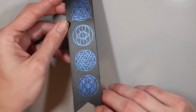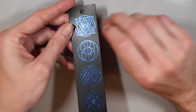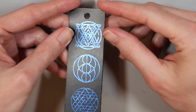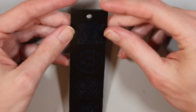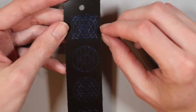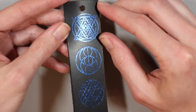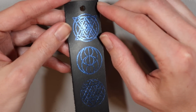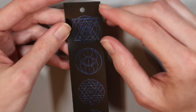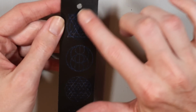I'm very impressed. There are a few spots on here, especially on this top image, maybe very hard to see on camera. Let me see if I can, yeah, that's as far as I'm going to be able to zoom in. There are a few spots that look a little worse for wear, or I'm not 100% sure what happened. I think those are areas that maybe the Foil Quill went over several times, and so it's leaving like a weird kind of clear residue looking stuff. I don't know exactly what to call it, but anyways, I'm going to take my finger here and just rub across,